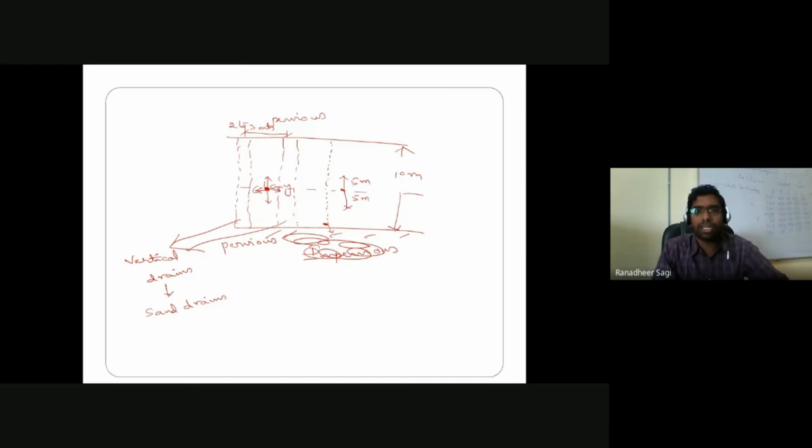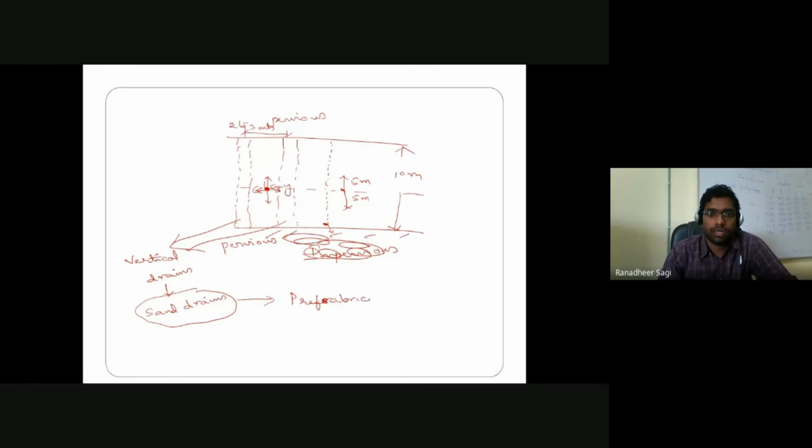Okay, so wherever you are required to fasten the process of consolidation, as you do not have sufficient time because of any factor or any reason, you can fasten the process of consolidation by improving the drainage conditions in the soil. That's nothing but constructing what are called sand drains in your existing ground. Earlier people used to talk about sand drains, then people advanced to what are called prefabricated vertical drains.